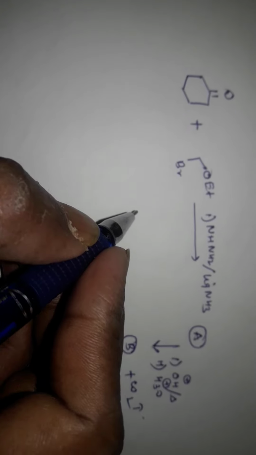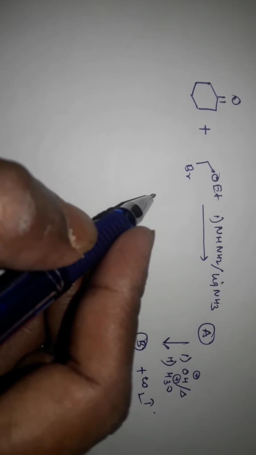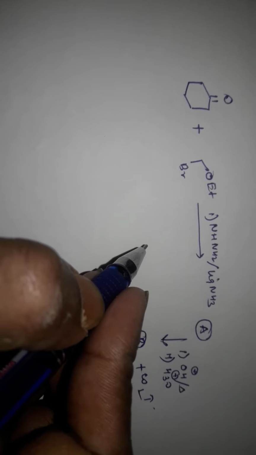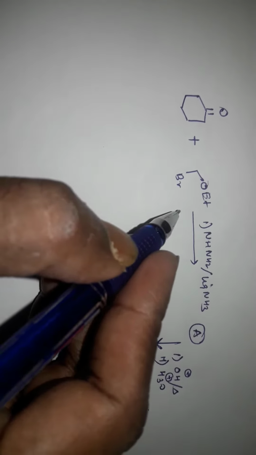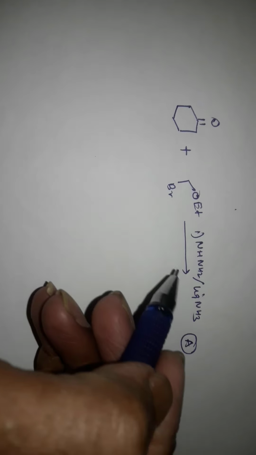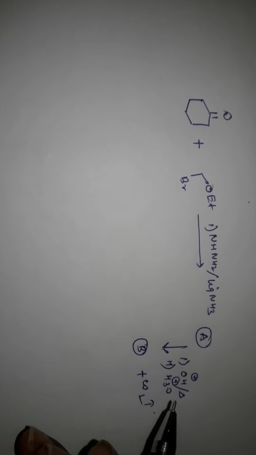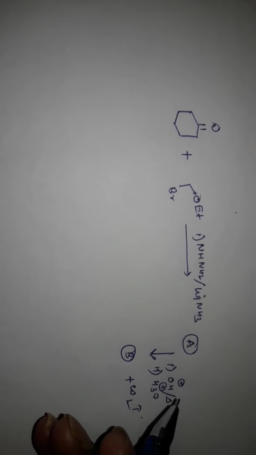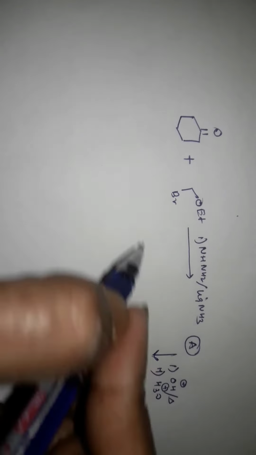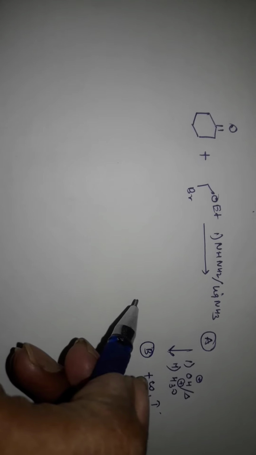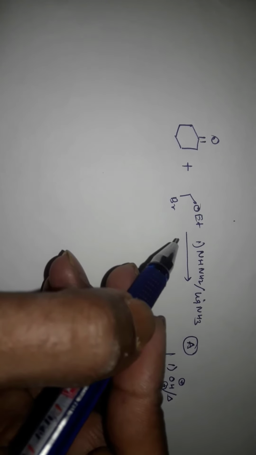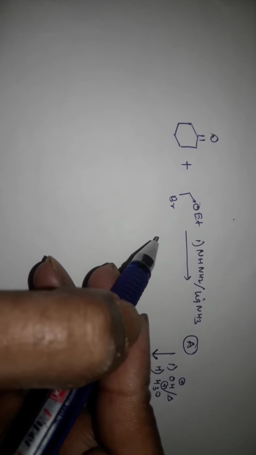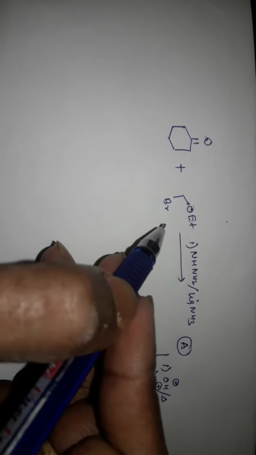So, hello friends. Today we are going to discuss one more organic problem, and this type of problem can be asked in various exams like CSIR, NET, GATE, and other state level examinations. Okay. So, in this reaction, what is mentioned here? First, you will see very carefully, by which you can very easily draw the mechanism of these reactions.